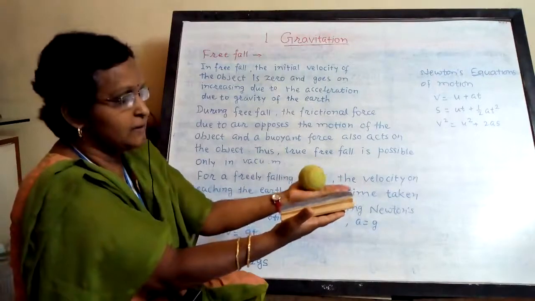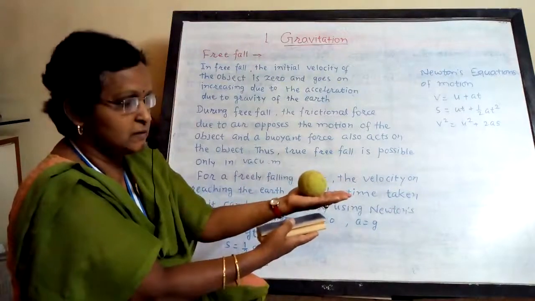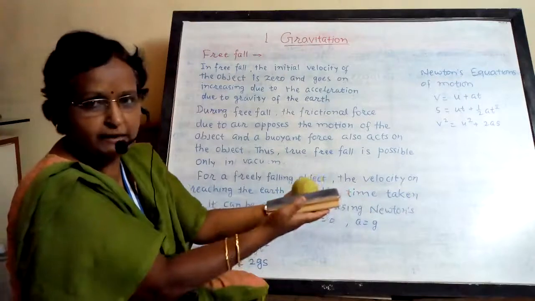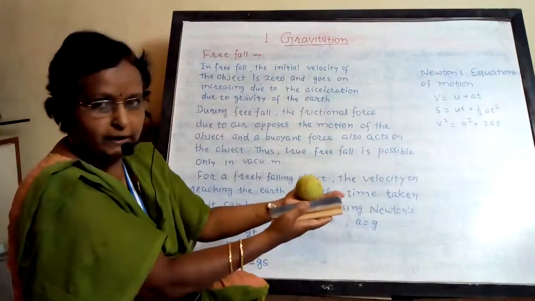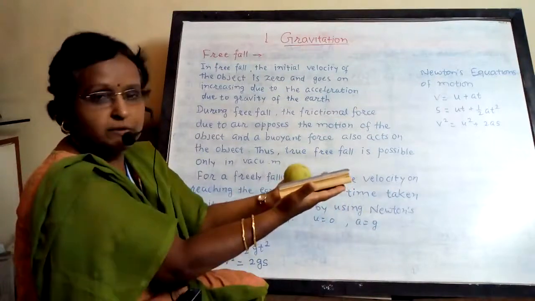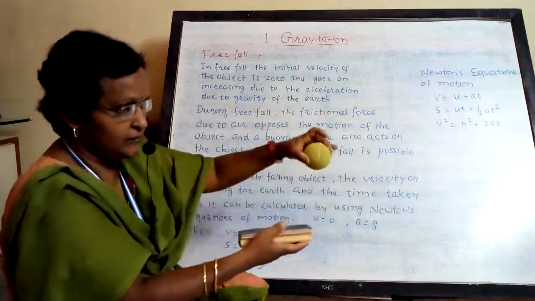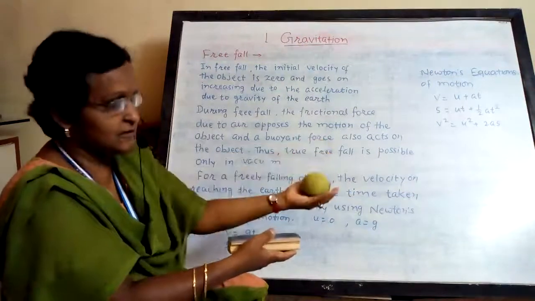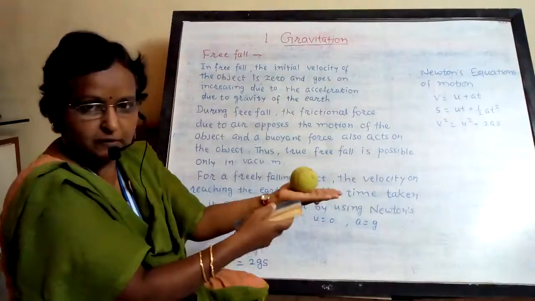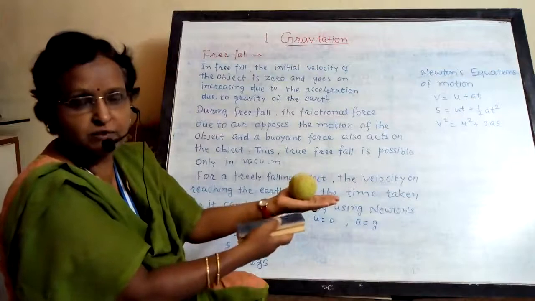What is happening? This ball is not falling down because what is the reason? My hand is applying pressure on it, or force on it, I say. So it will not fall if I don't release this ball or duster. Otherwise, it will fall if I release the force which is given by my hand. So this force given by my hand is acting opposite to the direction of gravity.